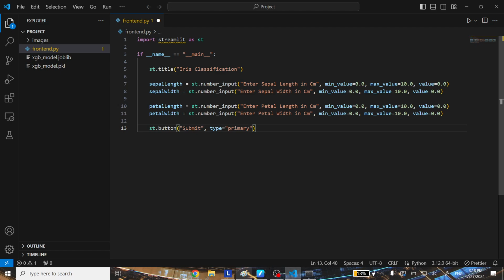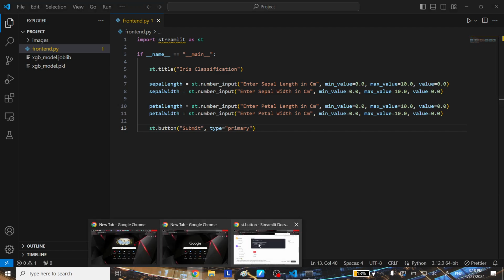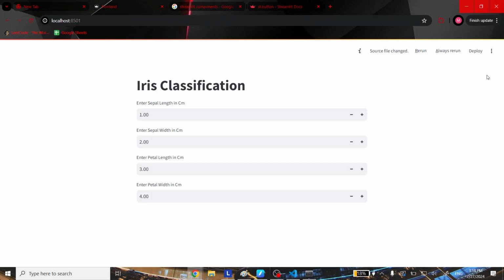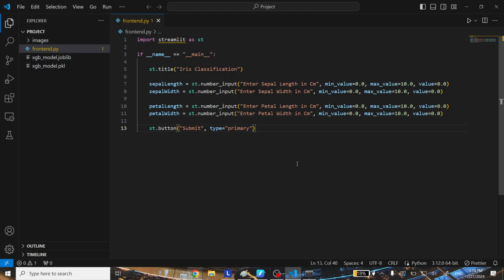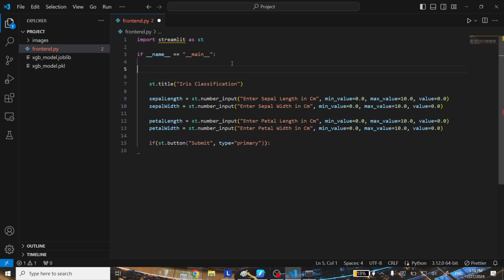Now we can save this and run this again, and you will see that now we have a submit button, but right now this does nothing. So what we want to do is, whenever this button is clicked on, we want to perform a function. Okay, so the function that we want to perform